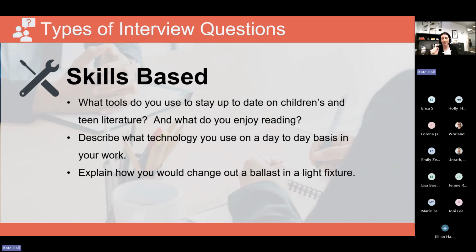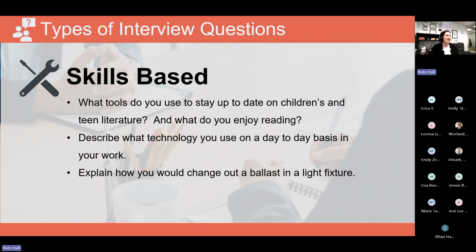Now, the good news is if you have strong job descriptions, you've already outlined all the stuff that you need. You just have to go into your job description and say, oh, it says here they have to be comfortable with databases. I should probably ask them what familiarity they have with maybe teaching a database class for elementary school kids. Or maybe it's about how they learn about a new database, and what they do when you've updated your catalog, and how do you learn the new things that they've implemented? There's a million different questions, and it's going to be dependent on your library and what the